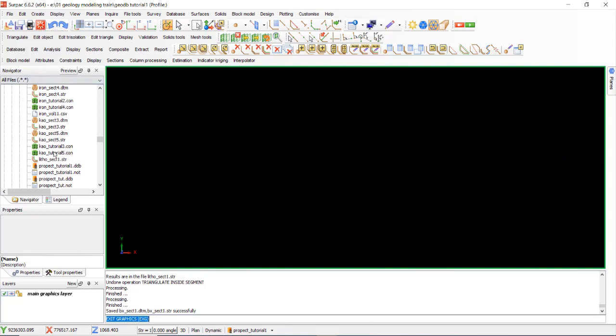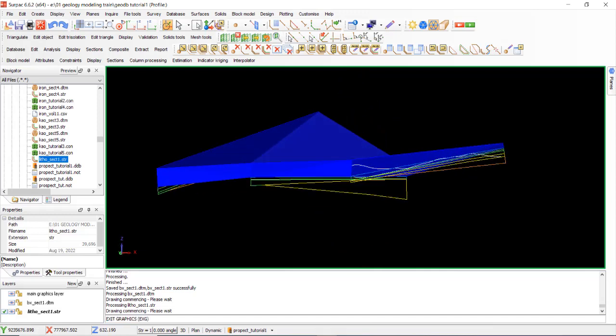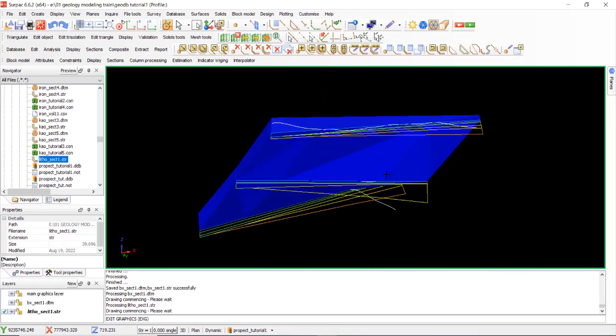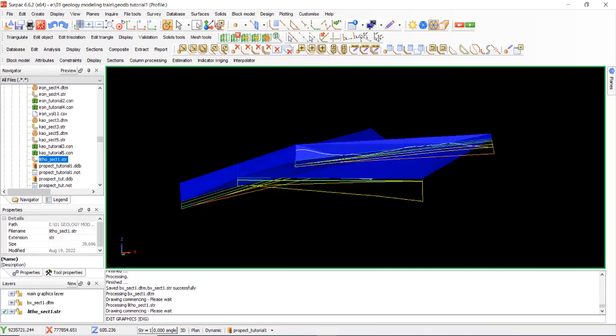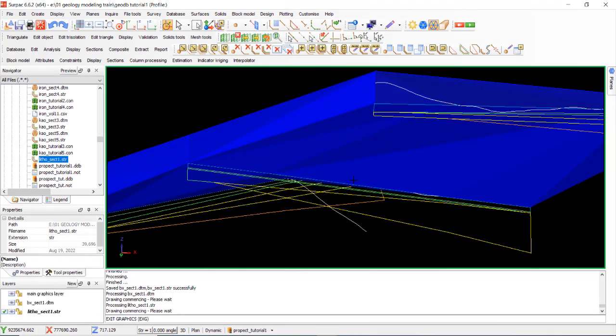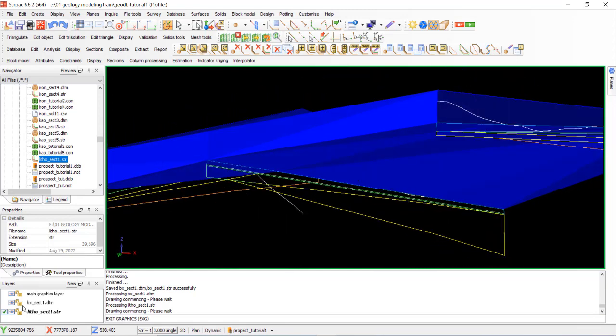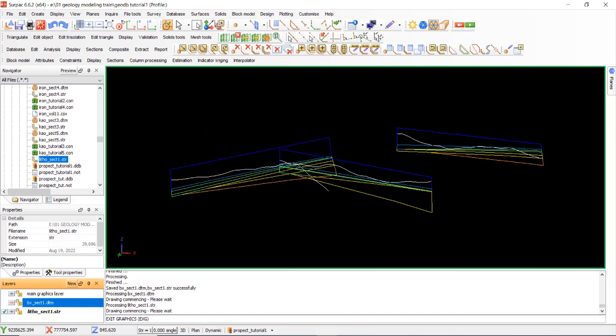open the BX section 1. Okay, open the little section. Okay, we must model the other layer. Uncheck BX section.